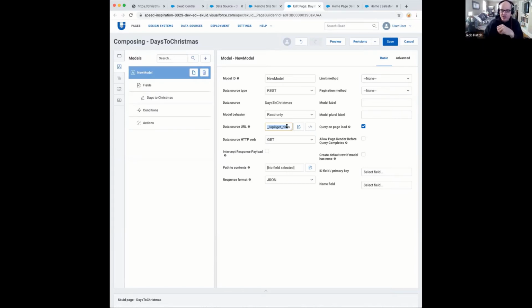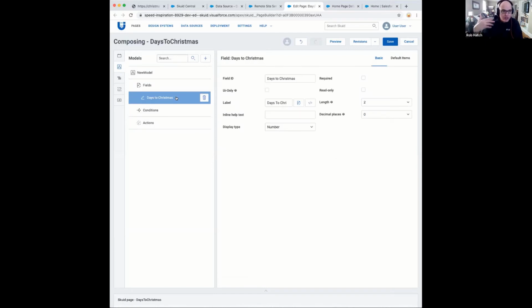It's often the case that you're going to define a data source that has a lot of different endpoints, and you want to think about what to define in the data source and then what to define in the endpoint. Here, I just have one endpoint, so I defined half of it in the data source and half of it in the model, and then because I had defined it, it's going to retrieve that data source, and it's going to let me see what fields are available in that data source,